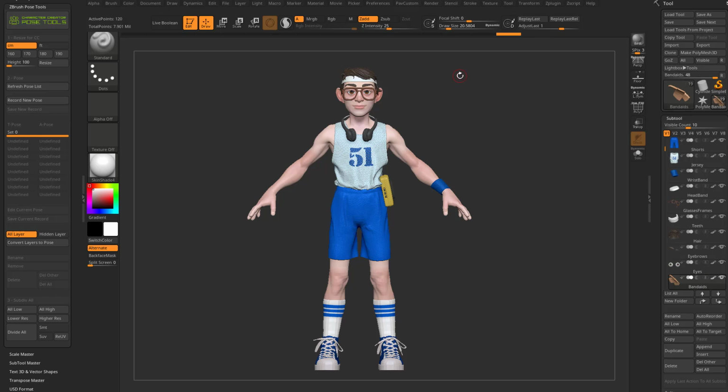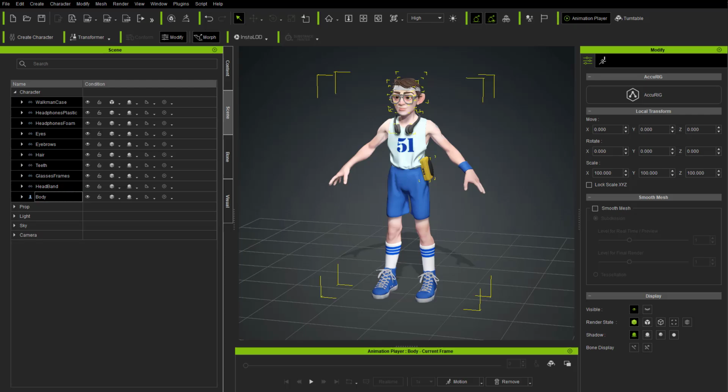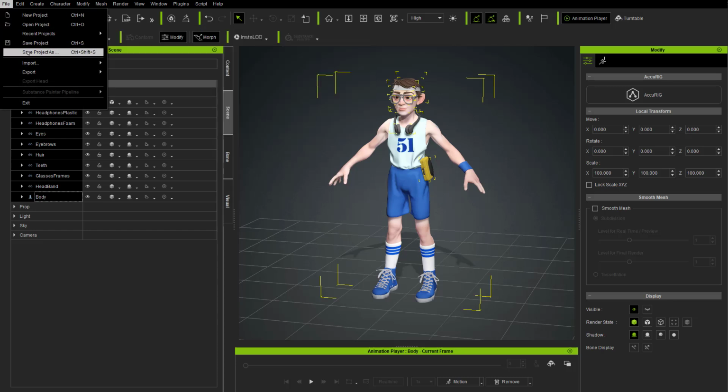Now, if we shut down ZBrush and we shut down Character Creator and we wanted to resync these files, you need to make sure you have a file saved, ready to go. So we're going to go in here to File, Save. So we're going to go ahead and save over our previous ZBrush project. And then in Character Creator, we need to save this file as well. In the previous video, we went over here to File, Save Project As, and that's